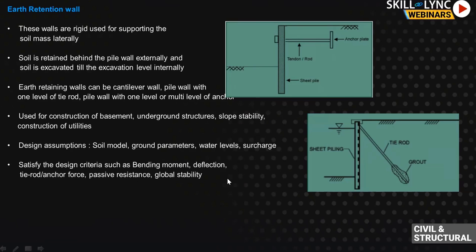The passive resistance will come into action in your depth of embedment. Suppose you have this wall deflecting here. You know that when your pile is moving away from your soil, you have your active earth pressure here, and you have your passive earth pressure. When your passive resistance is fully mobilized, then it will affect your global stability. So what you have to do is check your depth of embedment here.